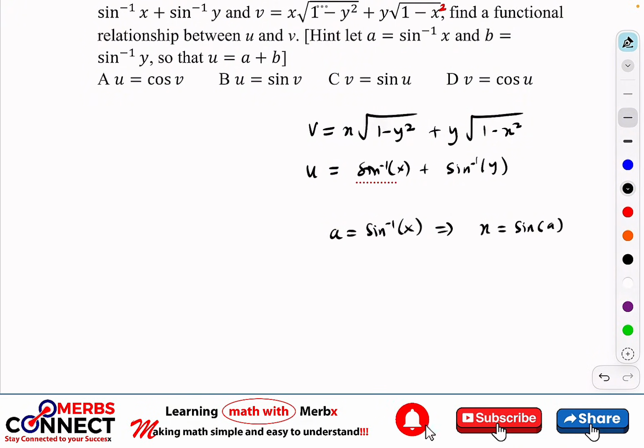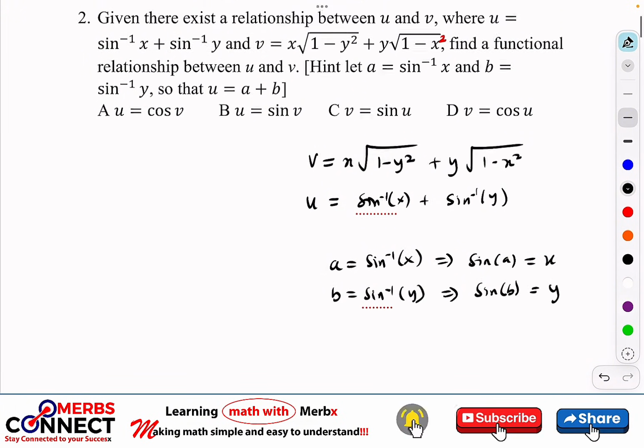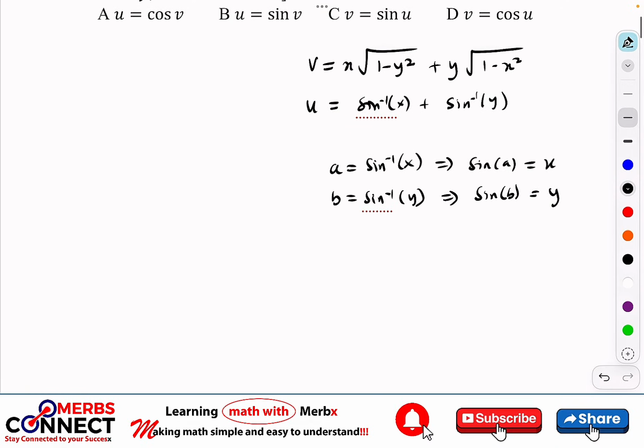So what did I do? I just find sine of this, find sine of this. So this one is going to cancel, so I can just write it this way. This is the same as sine a, which is equal to x. So this is true. We have b, which is also equal to sine inverse of y. So this also implies that sine b is equal to y. Nice. Now what can we do? Now let's try and do substitution. I'll use blue to write this. So now my v will be equal to